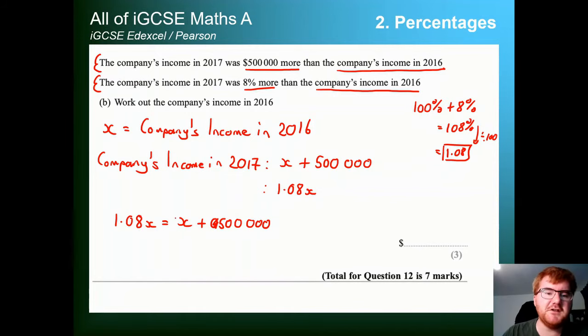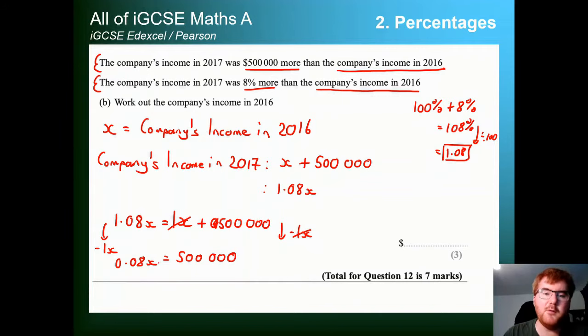Now this is just an equation to solve. Notice this is a 1x on the right hand side. So all I'm going to do here is minus 1x, or minus x, on both sides. That's why equation skills are really important all the way across the course. Now 1.0x minus 1x gives us 0.08x. Do a little bit of decimal subtraction. This cancels. This gives us